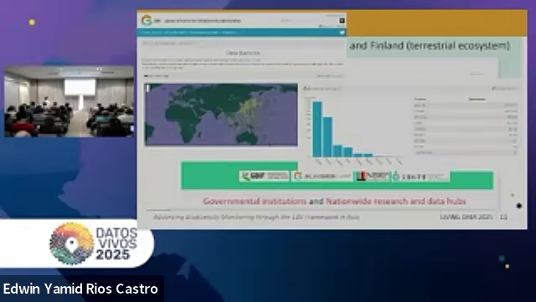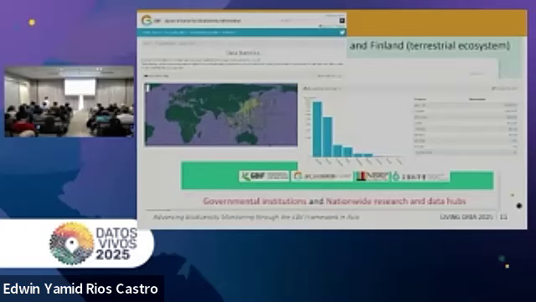And this is the coverage of the data JBIF has released. It extends beyond Japan, contributing biodiversity information at the regional and global scale as well.